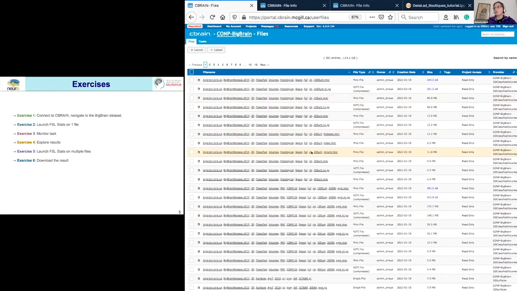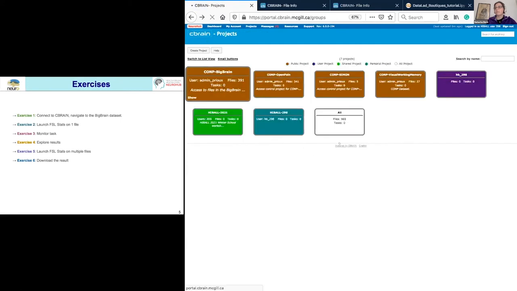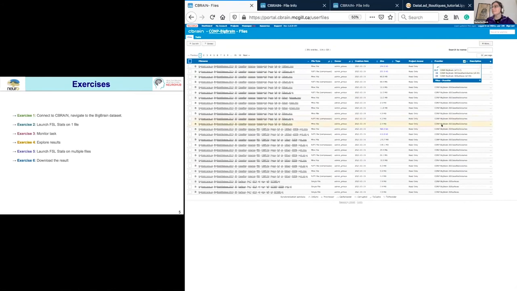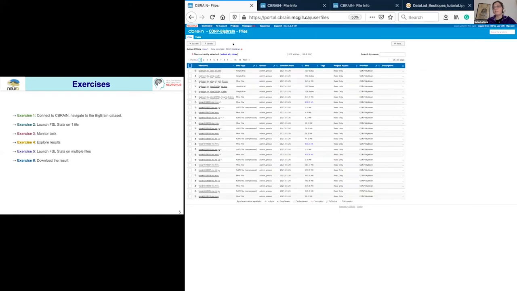As Tristan mentioned previously, we have different data sets that are available through CONP. So how we have done that in CBrain, you will see that you have different providers right here. So we have the 3D classified volume. Sorry, it didn't fit on my screen. So I'm not sure it's really visible here, but you have the CONP Big Brain datasets, the 3D volumes, and the 3D surface. We will be interested in the first one, called the Big Brain one, with 300 and something files.